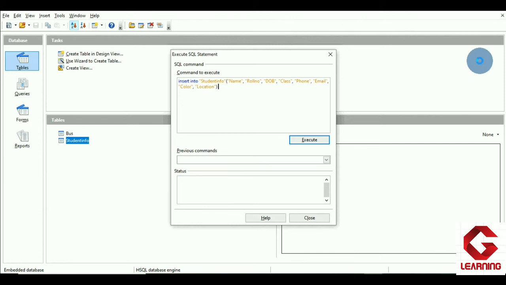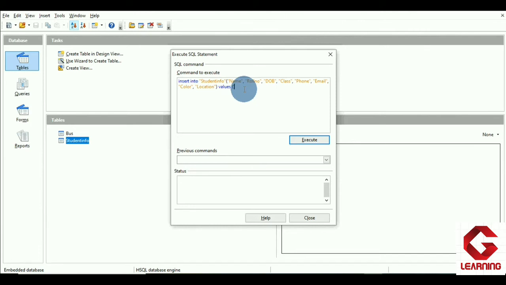After this we have to write values, and thereafter bracket open. Now I have to provide a value for each column, and in the same sequence only. As in the first small bracket I mentioned first of all name, then roll number, then DOB, I have to follow the same sequence of values also. So first of all name will come, thereafter roll number, and then DOB. So sequence is very important here, and each value we have to enclose in single quotes.